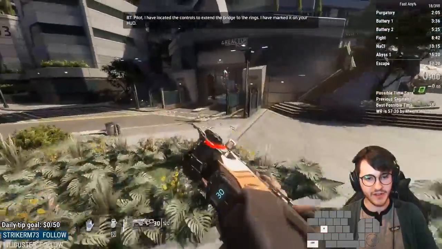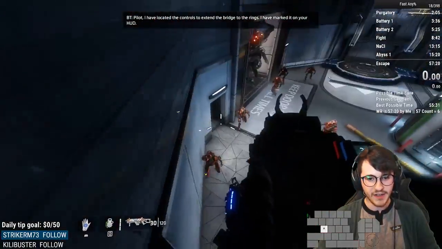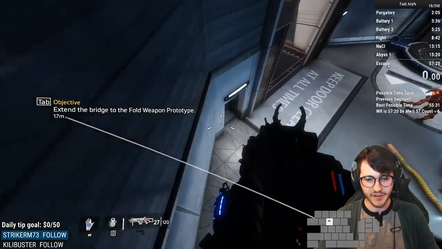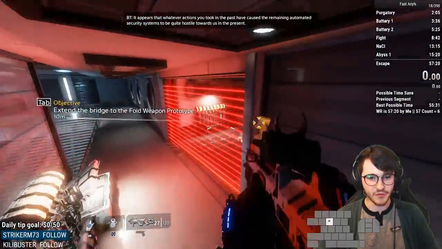So be careful of this, try and land right before the door, slide through, double jump. You want to try and jump around this guy. That's the important part. So if you can get here, if you can double jump up here, you can double jump straight to the